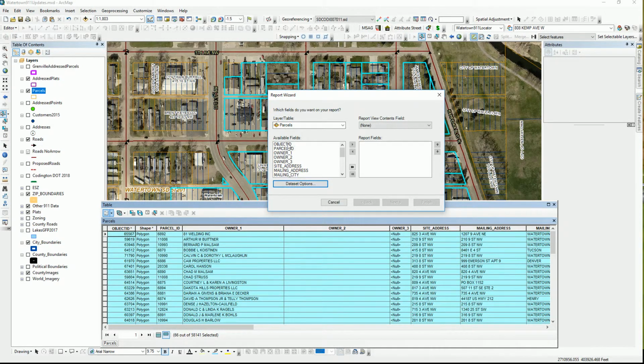Alright, once we have that specified, we want to export out a mailing list for all of the data items that regard our mailing. So we will check mailing address, our owner, our city, our state, and our zip. And you can adjust these in whichever order you want with these up and down arrows on the side, but we have them in the correct order. From here we click next,